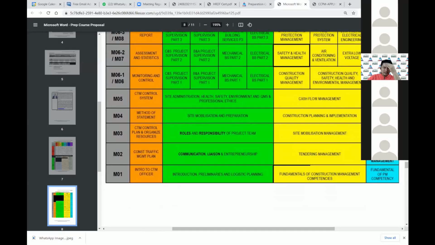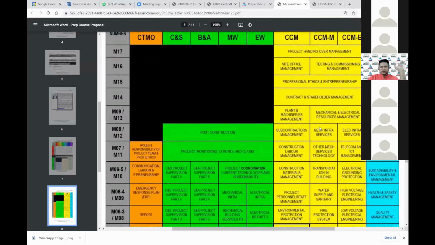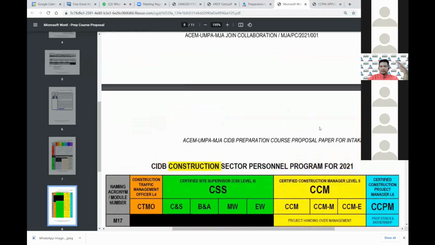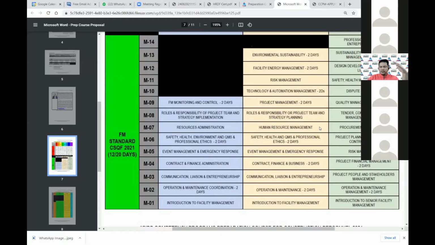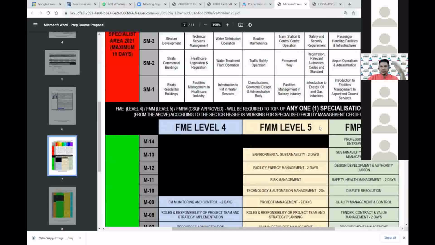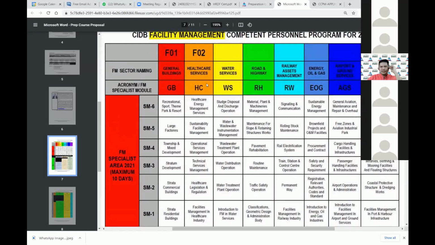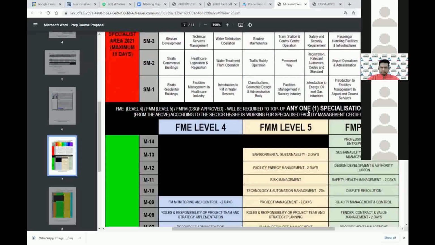For last year, 2020, I did not show this to the public, because we developed this and put a lot of effort into it. Now we are ready to show it to the public. In fact, all our FM specialist sector programs, we have submitted to Perbadanan Harta Intelek, so they are now under my IPO. So we don't have to worry much now, because we have locked this into our own IPO.